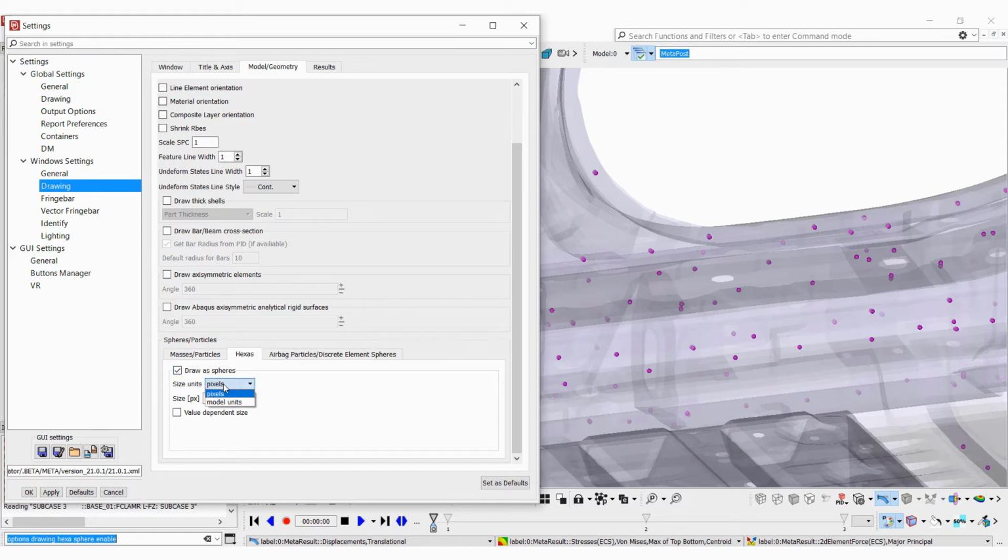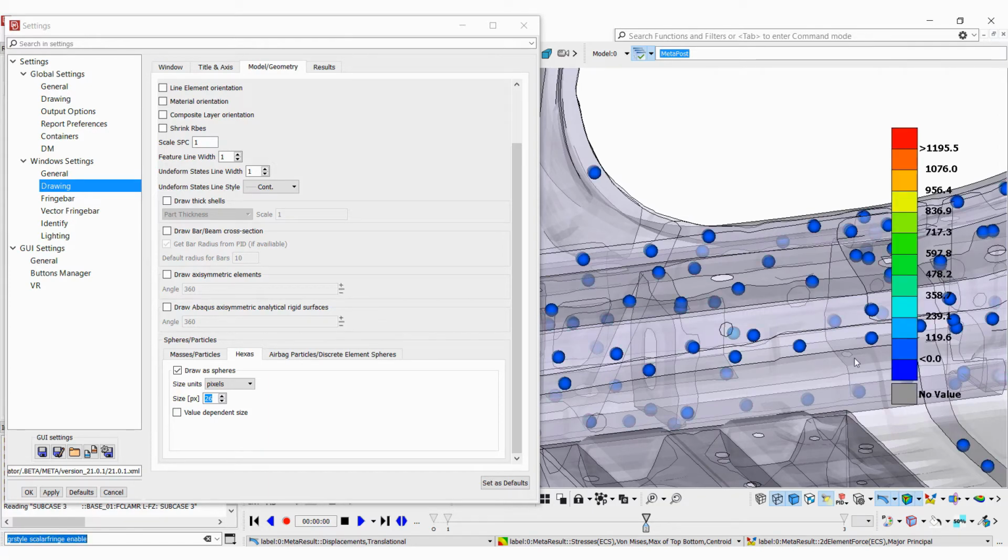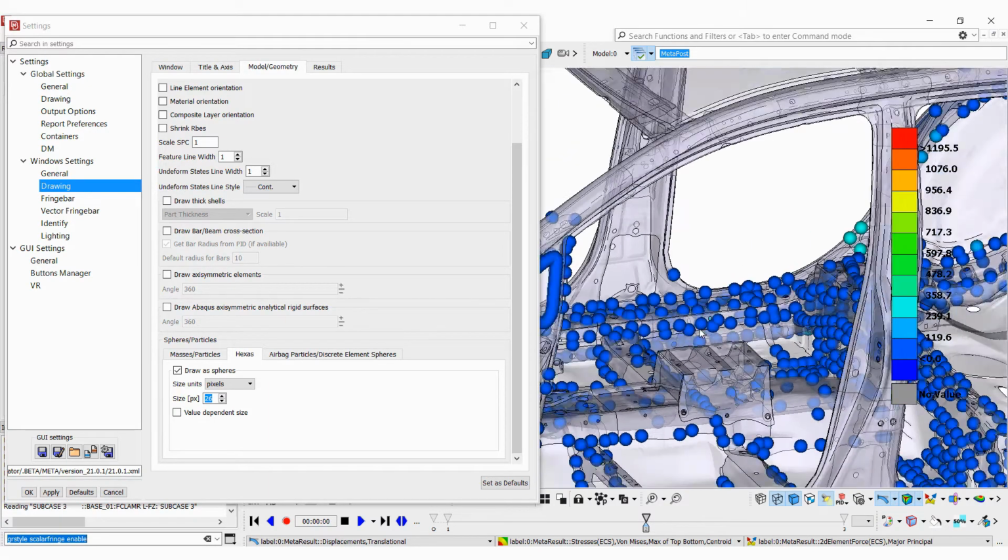If we choose to view the hexaelements as spheres, again we may select between pixels and model units, and we may also activate the fringe to view results on them as per the currently loaded scalar label, which is the von Mises stress.